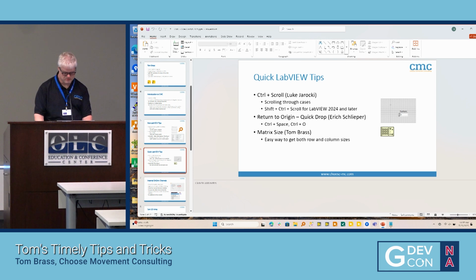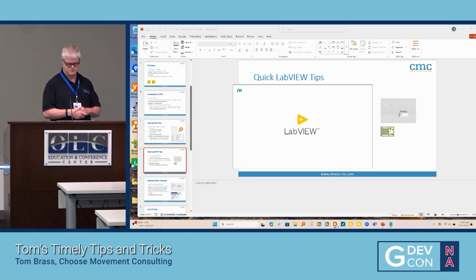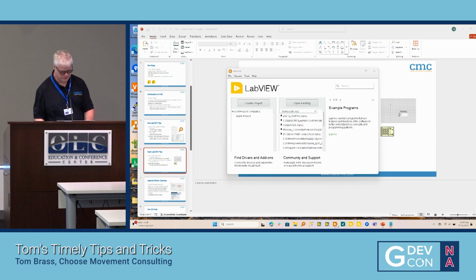Another thing is we'll open up LabVIEW. I'll do this in 2020. Give it a second to load up. If you ever use the Quick Drop, there's a ton of shortcuts out there, a lot of different ones that are handy. One in particular that Eric showed that I did not know is